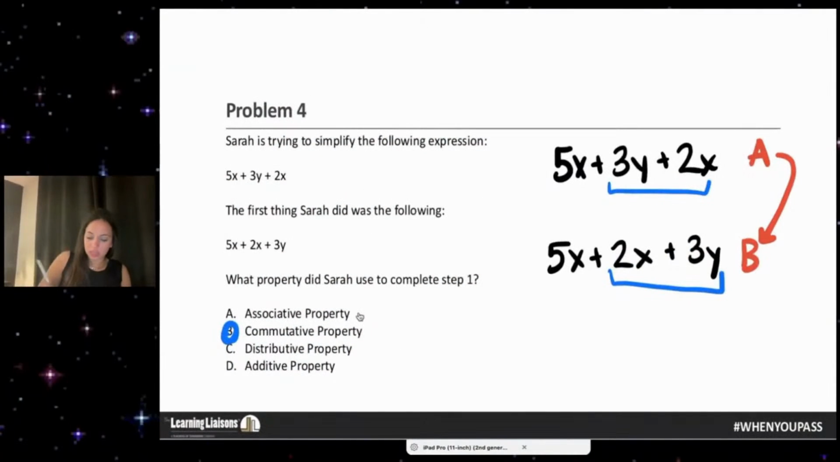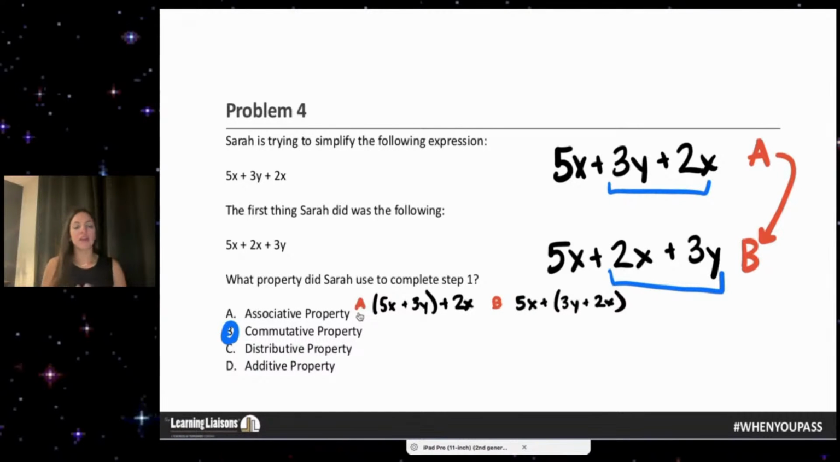This would be the associative property. If we went from A to B, if we did 5x plus 3y plus 2x, and then we did 5x plus 3y plus 2x. The associative property says that if I'm doing all addition and I have parentheses around one set, I can change the parentheses from one set to another set and add those items first and still get the same response, which